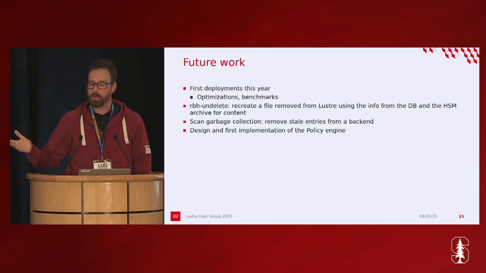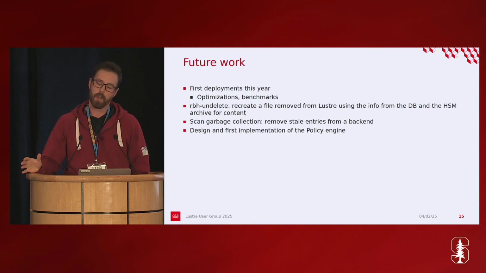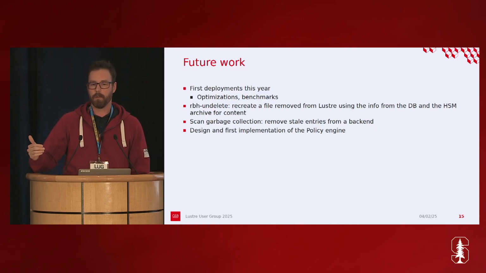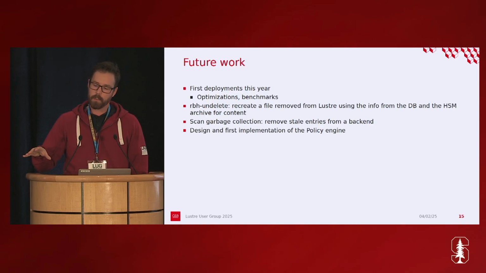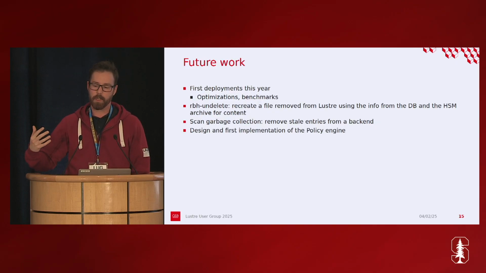Right, so these are most of the features that are currently supported in Robinhood 4. As you can see, contrary to Robinhood 3, we don't have a policy engine yet. So if you want to use Robinhood 4 and implement some of your policies with it, you would have to compose those tools to implement basically the features you want. For instance, using RBH find, you can list all the files that haven't been accessed for months and then remove them